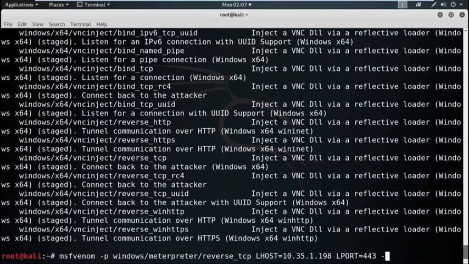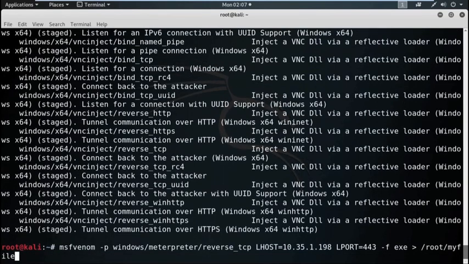Now, -f specifies the file format. I am going to create the exe file. Now, put the location where you want to store this executable file.